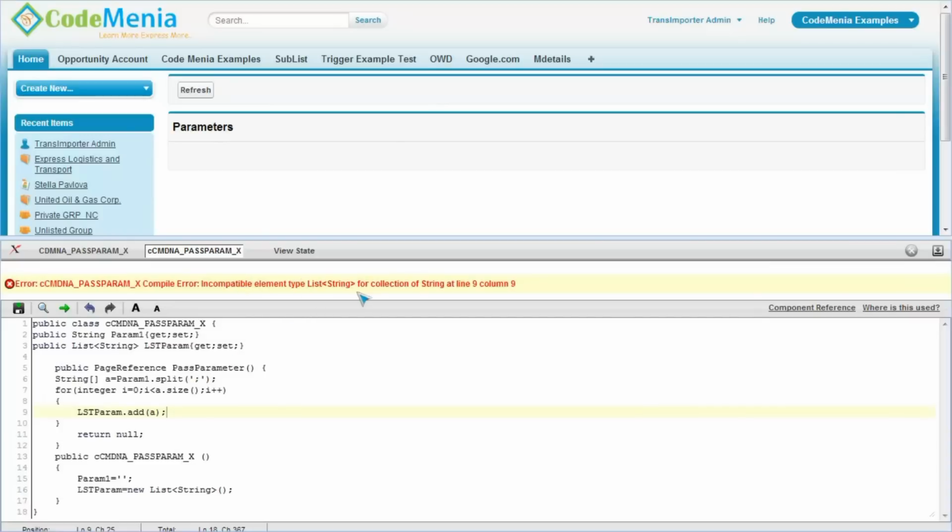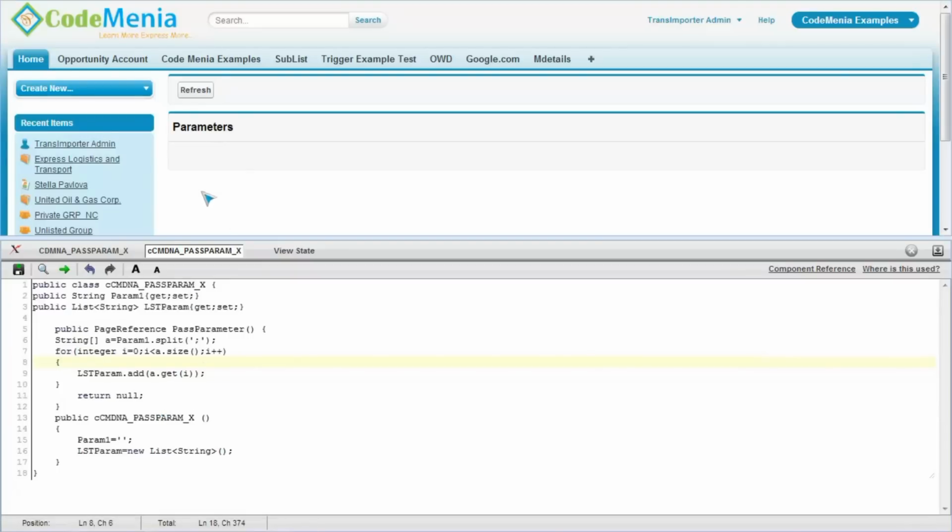Oh, there is a problem. What is the problem? Okay, it should be AI. Or a dot get I. Okay,